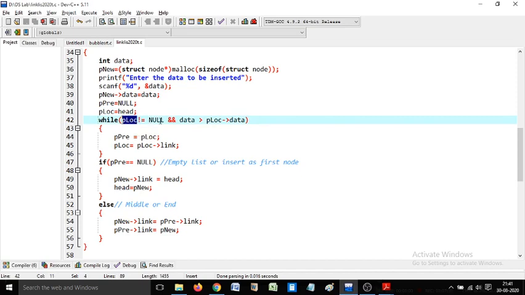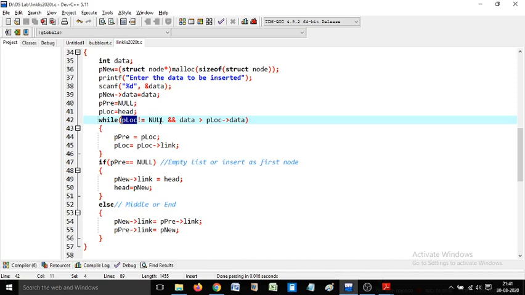Another case is that the list actually contains a number of nodes, and the p location pointer reaches the last node and hits the dead end, which means the last null value is copied into p location. In other words, all the values in the list are smaller than the data we are trying to insert.